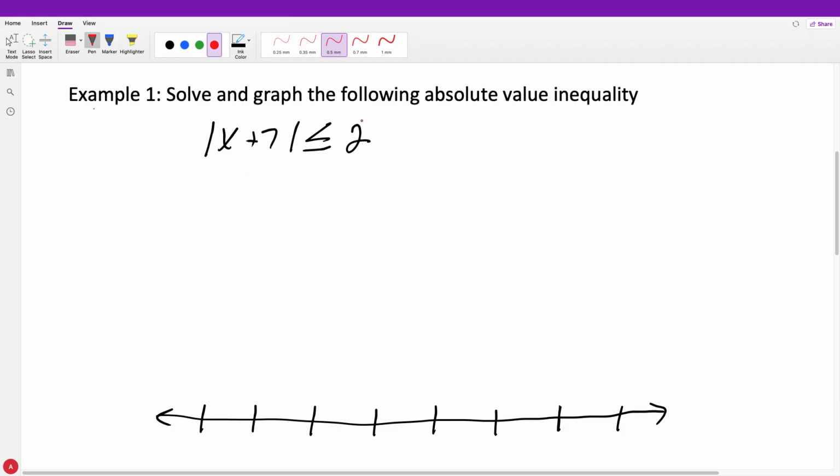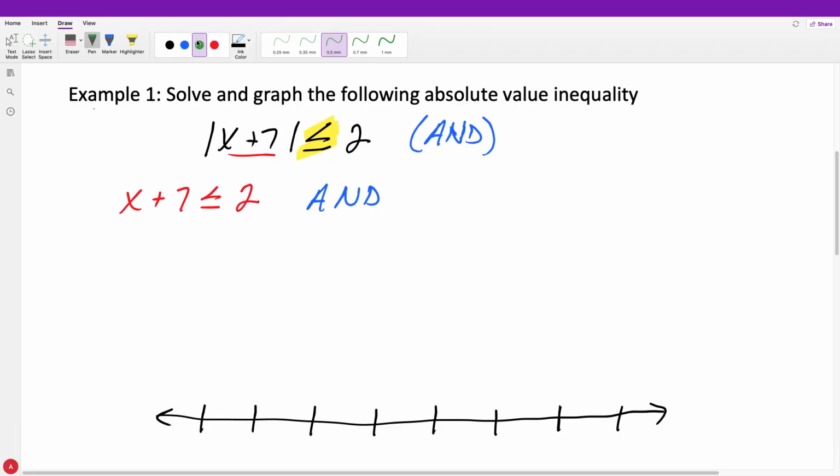So when we see the absolute value, I know it's going to have to generate 2 different answers. So right away, I'm going to take whatever is inside of my absolute value and write it exactly like it is, just removing the absolute value. Then I need to look at the absolute value symbol and say, okay, what type of statement is this going to generate? And since it's less than, it sounds like I'm saying the word and, so it generates an and statement. All right, so I know it's going to be x plus 7 is less than or equal to 2,